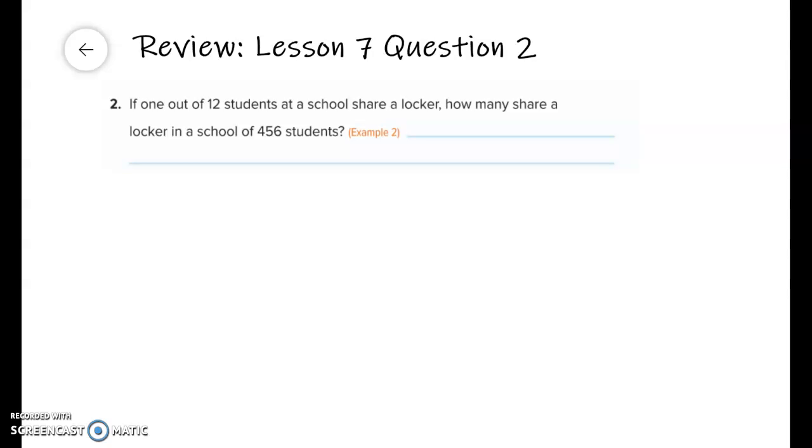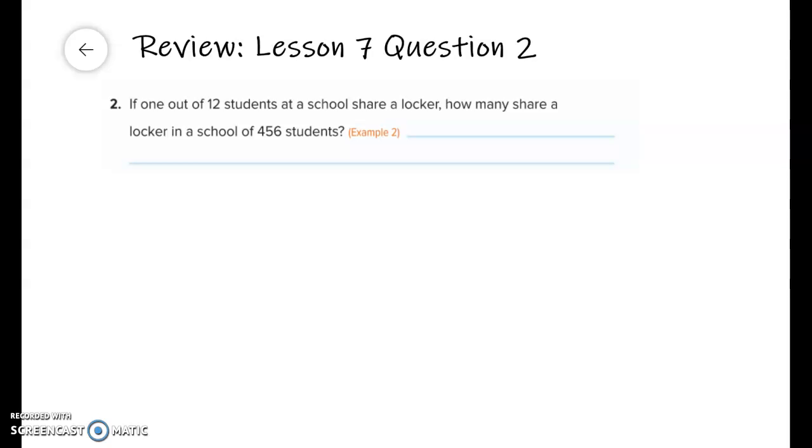Okay, here we go. We're going to review question 2 from the lesson 7 activity. Here's number 2. So first step, read the question. If 1 out of 12 students at a school share a locker, how many share a locker in a school